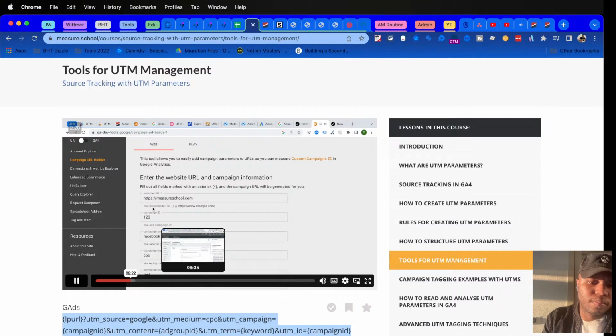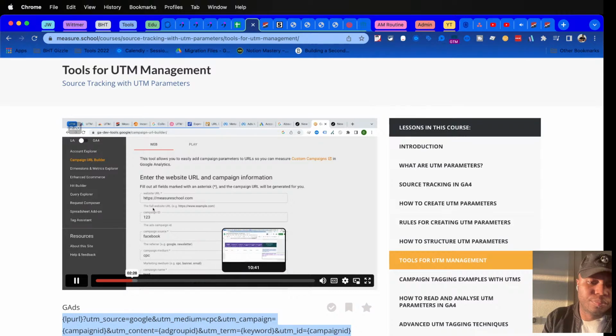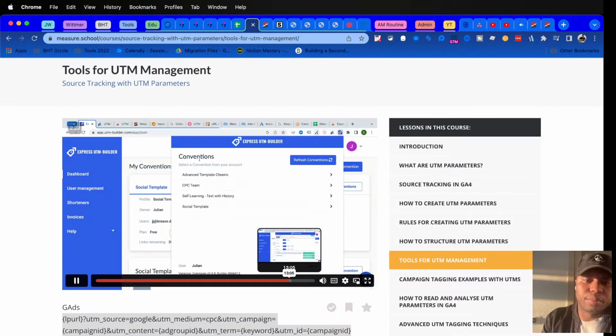And then also, the other thing is that these tools don't do, and the manual way doesn't do, is to actually keep track of them so you know what you have used and if there's any kind of structure to your UTM creation. So one of the first tools I'm going to use to speed up and automate it yourself inside of